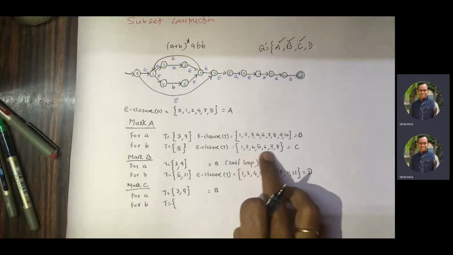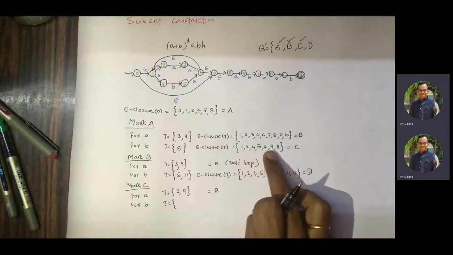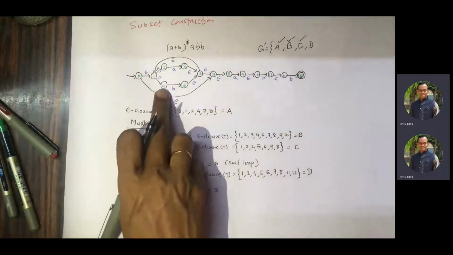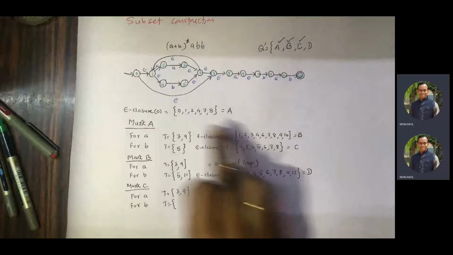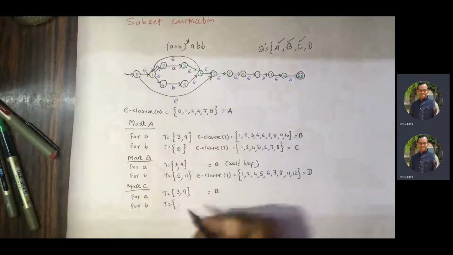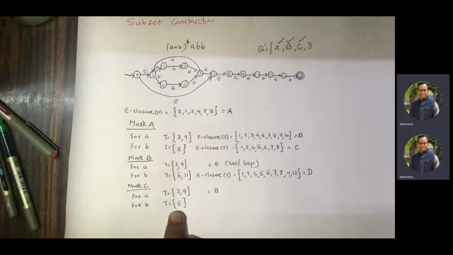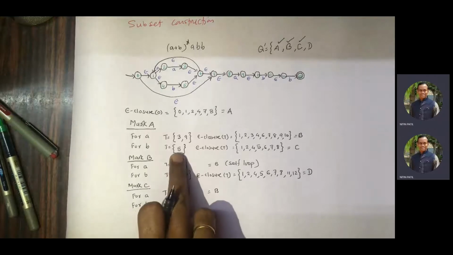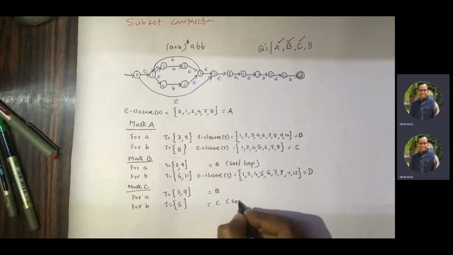Now if I try to compute with input B. So I had states 1, 2, 4, 5, 6, 7, 8. Correct. So there is a state 4. Now for B we have from 10, but 10 is not included here. So that's why we have to consider only this 4 to 5. So we would add 5. Now you know that you already computed this. Where? Here. And which state did it result in? C. That's why we will write here a self loop.